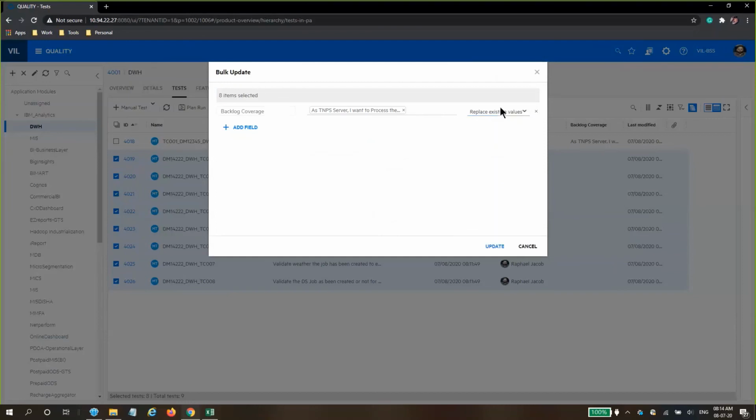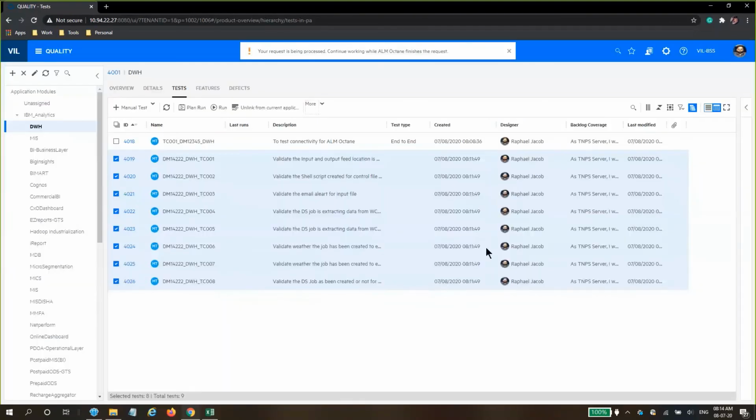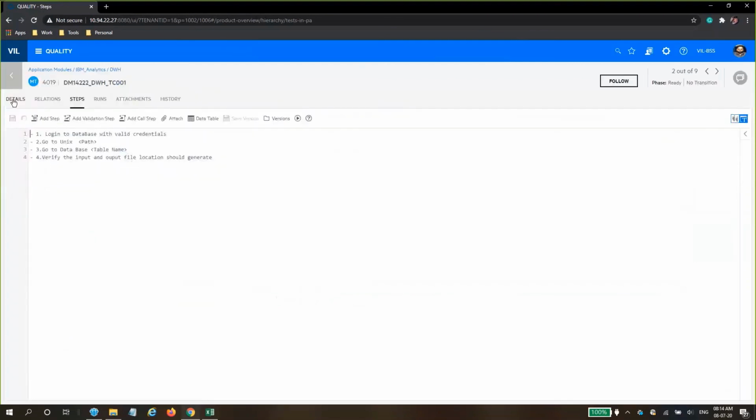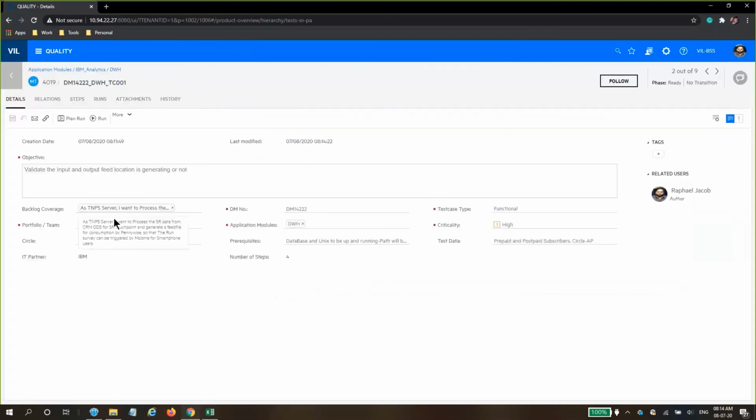It's a safe method to use, replace existing values, to avoid any duplication. And then we say update. So our bulk update is complete. Now if you go and open these test cases, you will see the linking has been completed for all of them.